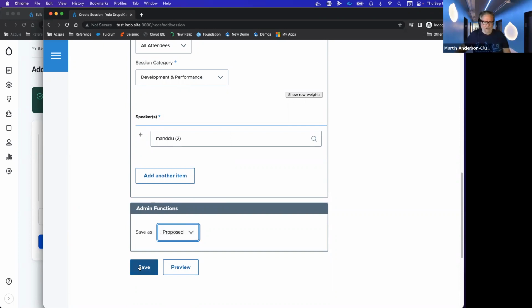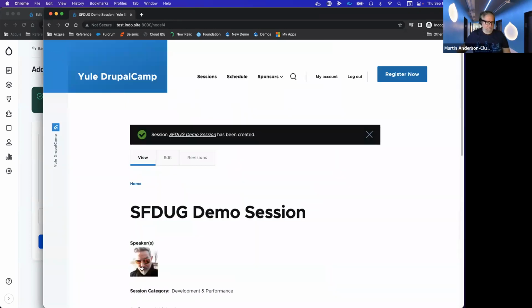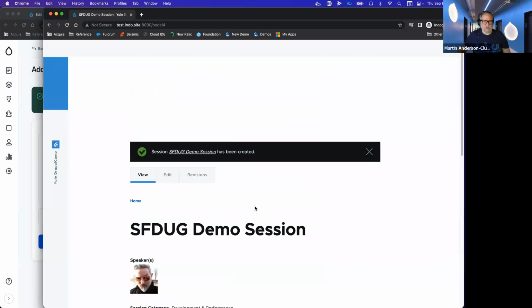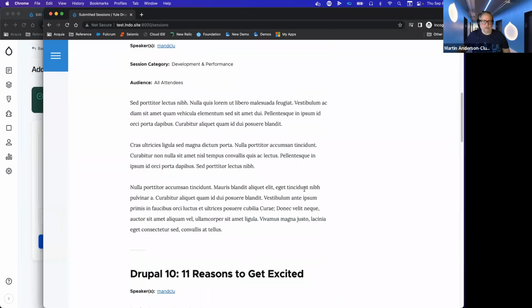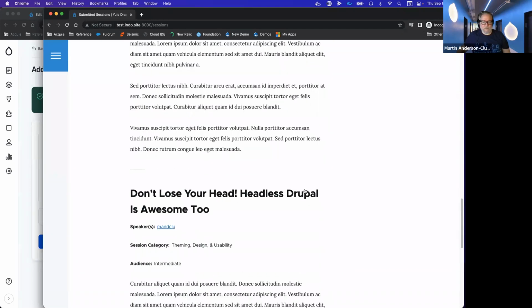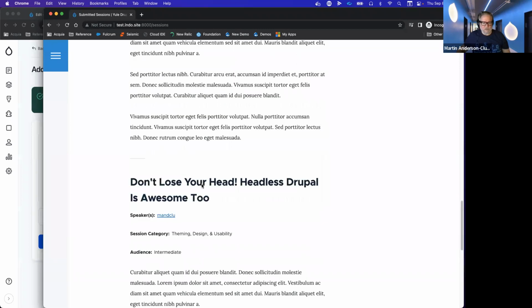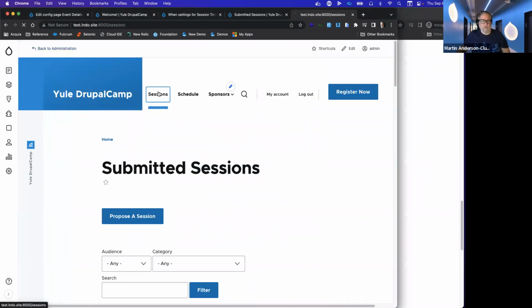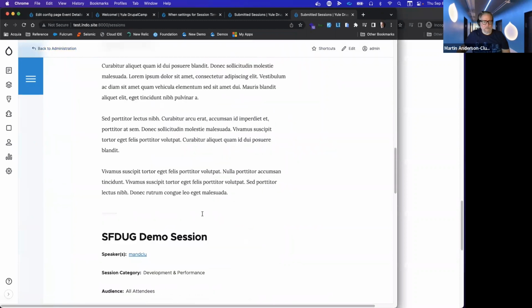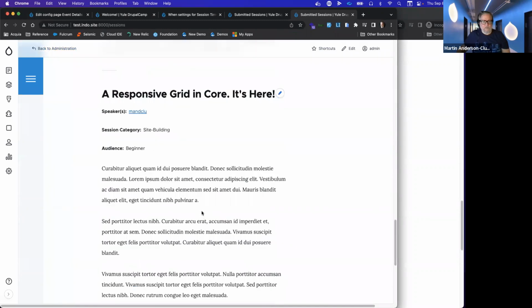And then when we go ahead and save this, we can see that it's now accepted as a proposed session. We could go into our sessions list and see that. I think this was the one that we just created here. Now, as an administrator, if I go in to that same session list, and let's say we go in to,